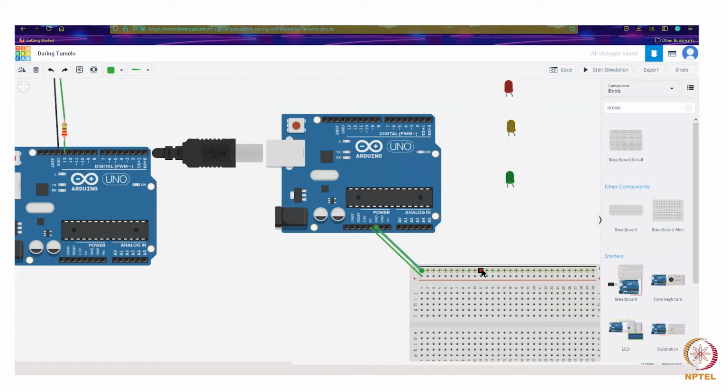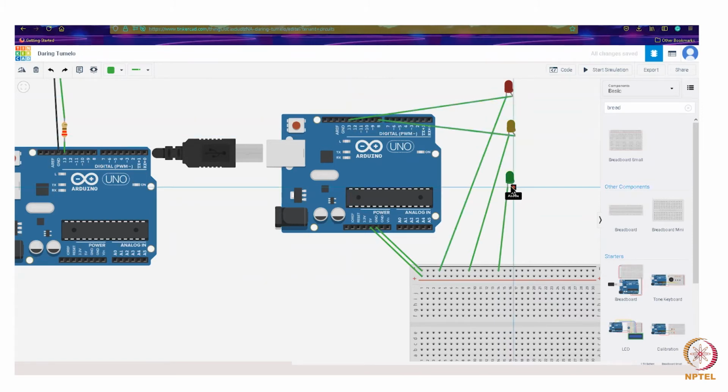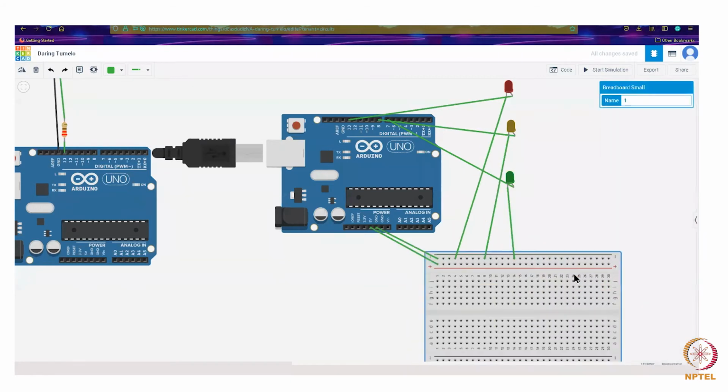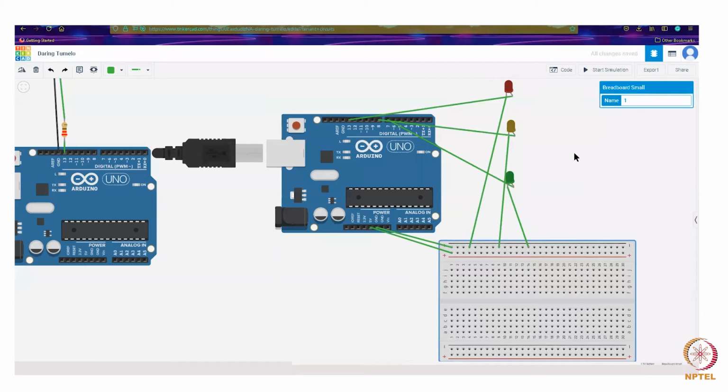And now I'll be using the ground pin for connecting to the cathode, then this one to the cathode, and the third one to the cathode. Now I'll just show these pins again because we are only using one pin for each use case, and we have all the connections that we need. So now that we have completed the connections, we just need to do one thing, which is program these things.